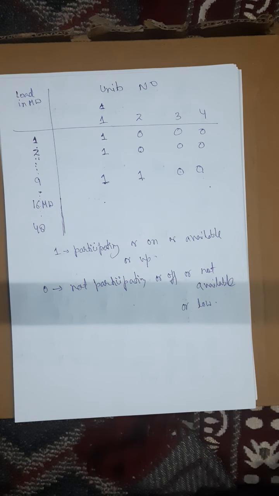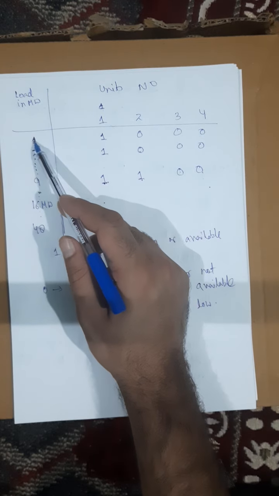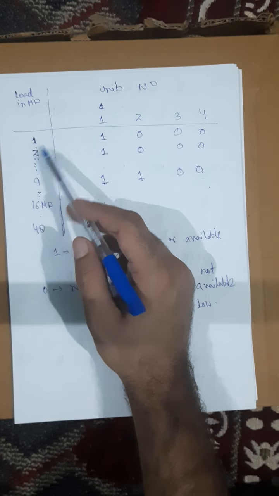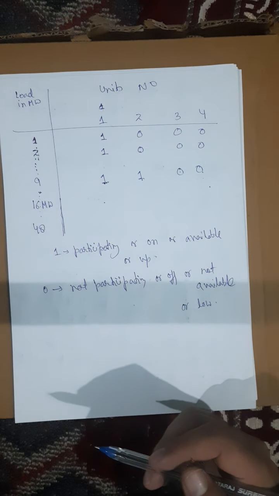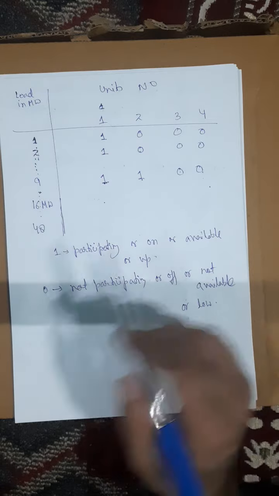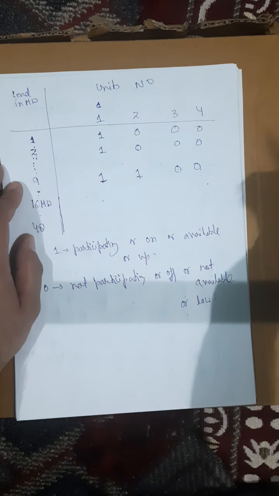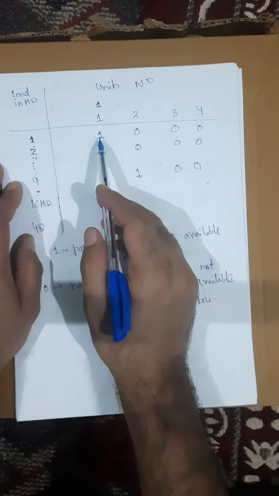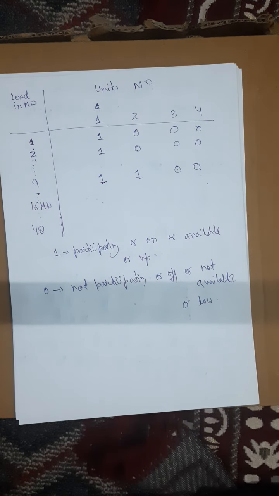If you draw this unit commitment table for load with a step size of 1, so load 1 megawatt, 2 megawatt, 3 megawatt, 4 megawatt, 5 megawatt, then the load is in thousands of megawatts. You cannot calculate a unit commitment table like that. Suppose for 100 megawatt with 5 generators, it will be 100 rows and 5 columns. It will be a very complex table.